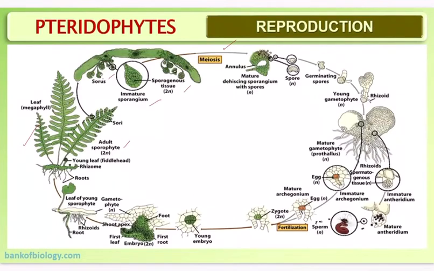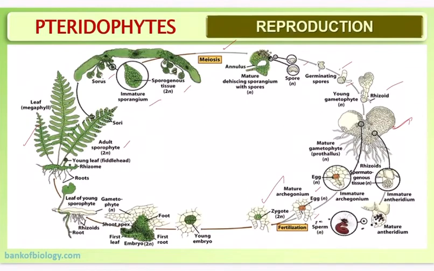Sorus will have immature sporangium, sporangial tissue will be there. Each spore mother cell will undergo meiosis, form functional spore. The spore will start germinating into young gametophyte with rhizoids,